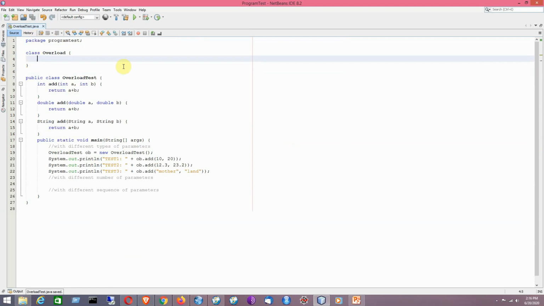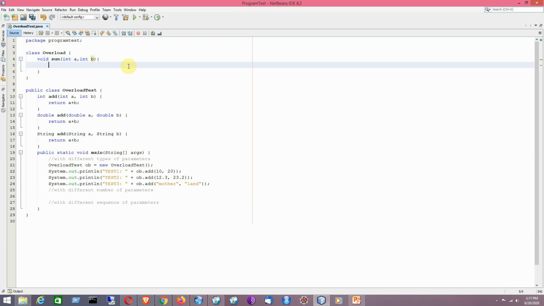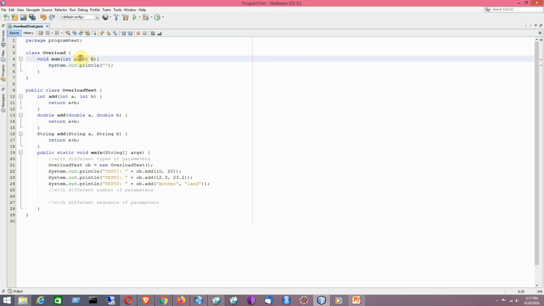Within overload I have to create two methods, like void sum. This method will perform the sum of two numbers. Here we are passing two integer numbers and the result will be shown.